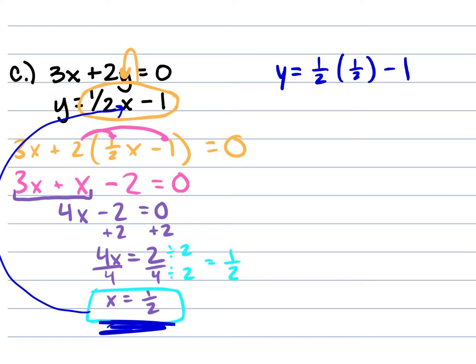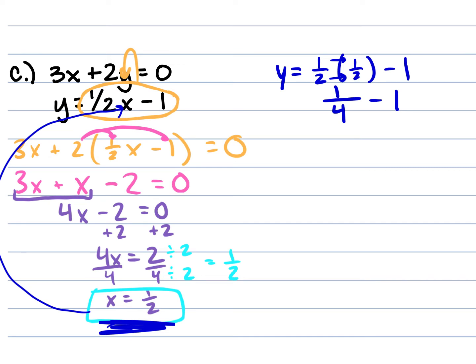So now I'm solving for y. What can I do next? How do I solve? Well, I'm going to multiply. So how do I multiply fractions? Just multiply straight across. So 1 times 1 would be 1, and 2 times 2 is 4. So now I have 1/4